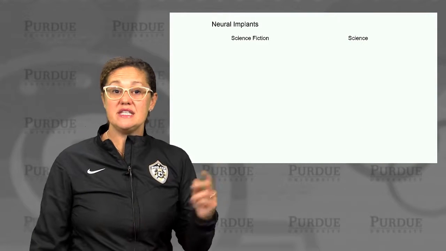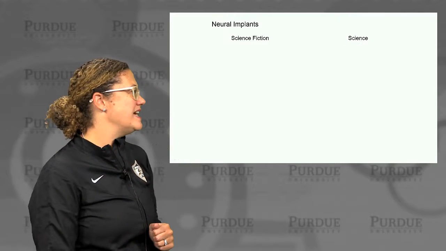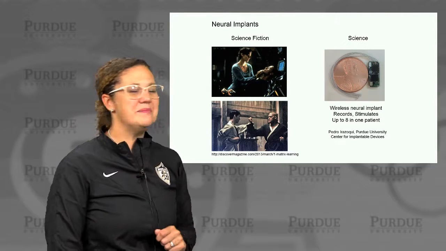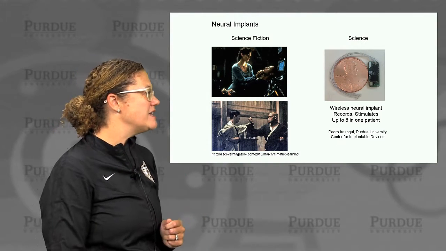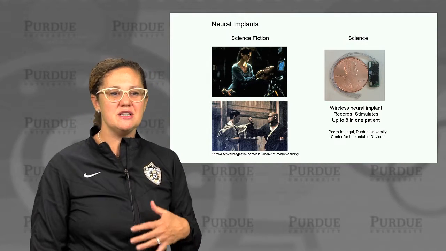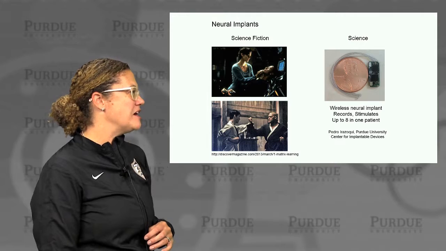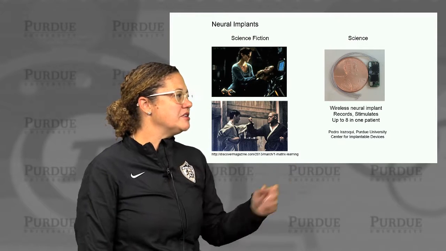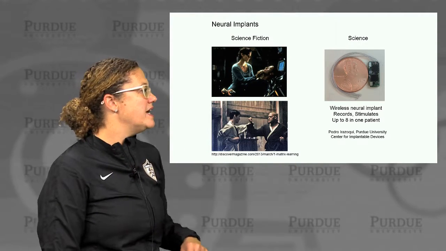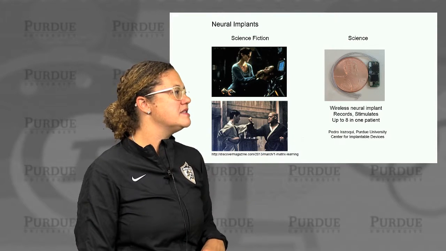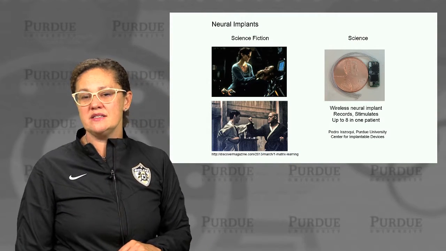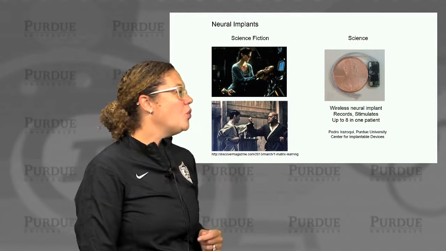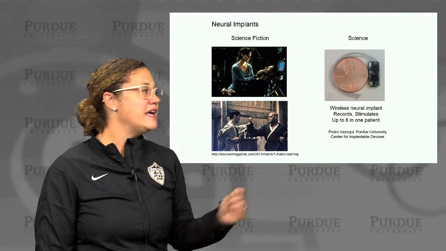So let's think about the science fiction and the science where it is now. So in neural implants, right, probably one of the things you first go to is the Matrix, right? These neural implants where we can implant all of these things and create all of these images and an actual entire reality around ourselves with these implants. Well, what does today's science look like? So here I have an example from the Center for Implantable Devices here at Purdue. And here is a neural implant that can record and stimulate, and up to 8 of these in one single patient. So certainly neural implants, are we generating the Matrix? No, we're not. But neural implants certainly exist today and are being designed